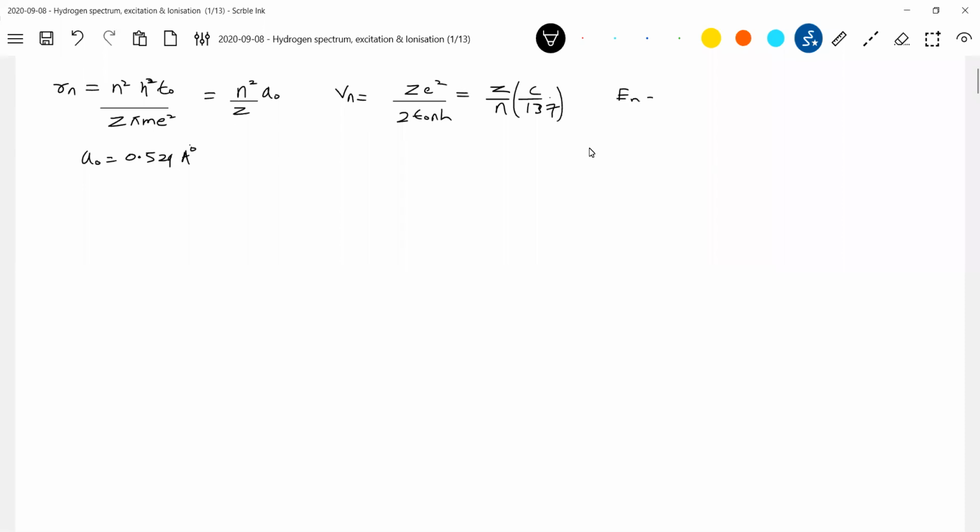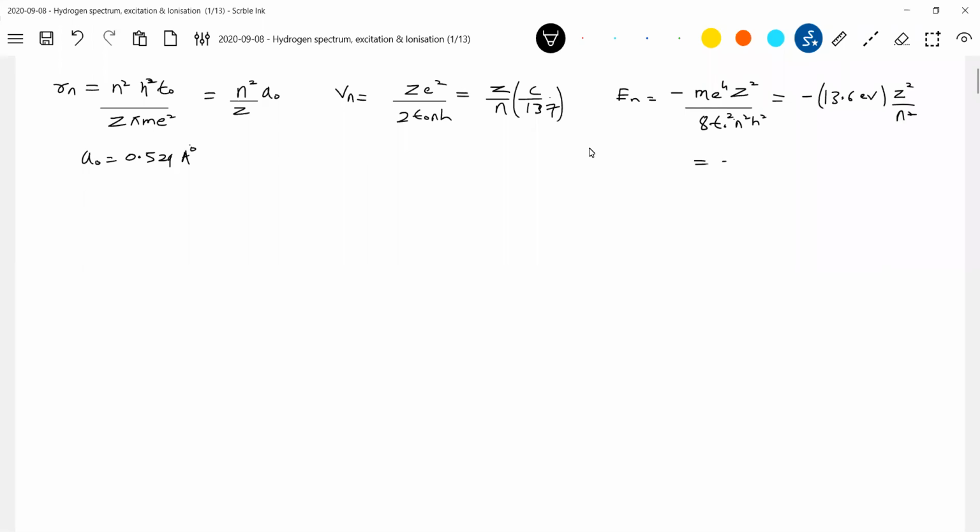Then last one, we brought the expression for En. Kinetic energy and potential, both we brought. Let me go for only writing En. So the total energy is given by minus m e to the power of 4 Z square over 8 epsilon naught square h square. Or this in terms of minus 13.6 electron volt,